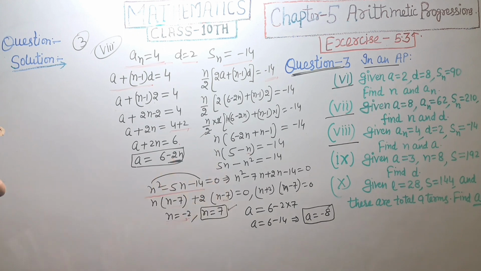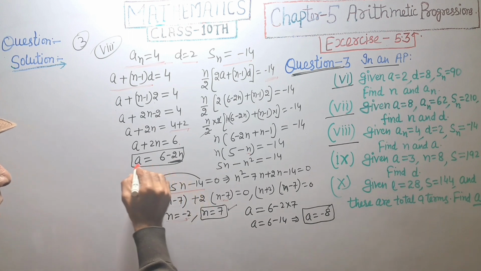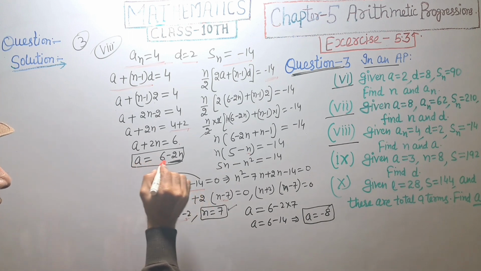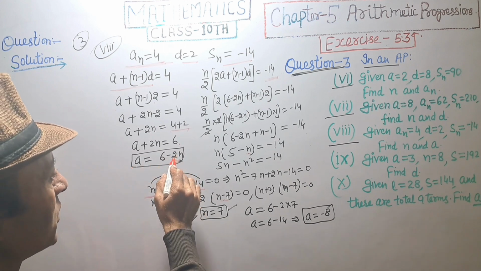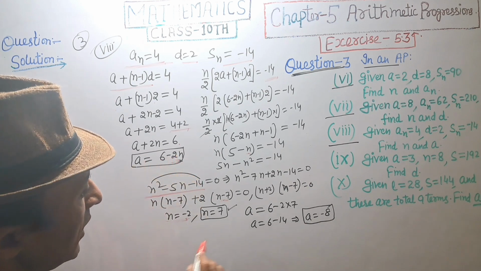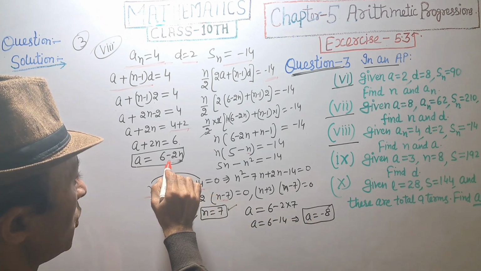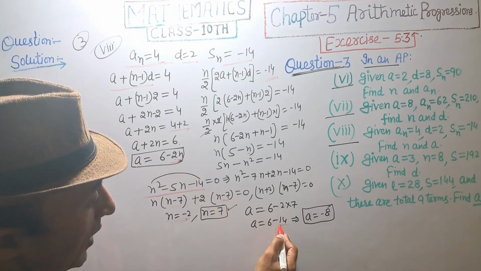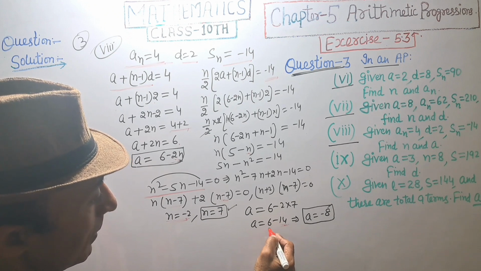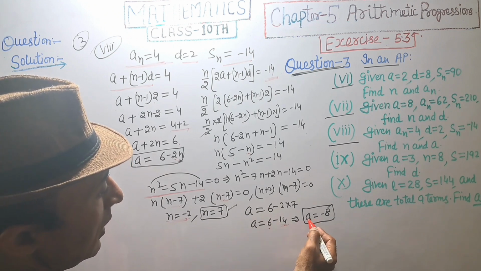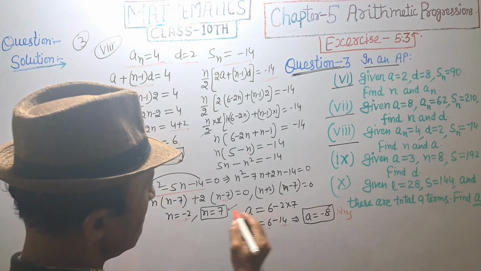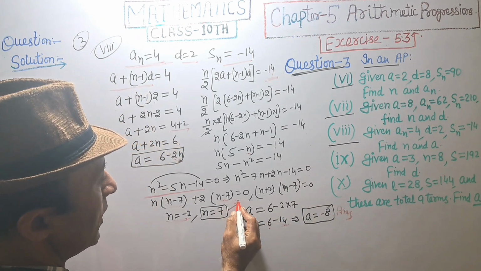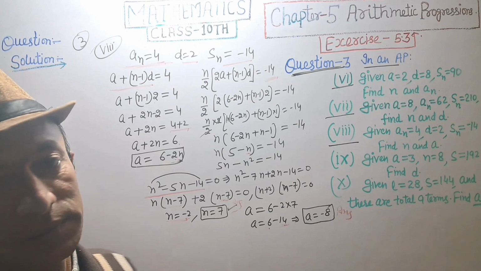But n is equal to positive 7. Put in this equation, then we get the value of a: 7 2s are 14 minus 6, that is equal to 8, but since 2n is negative, minus 14 is greater than 6, then a is equal to minus 8. Answer, and n is equal to 7. Answer.